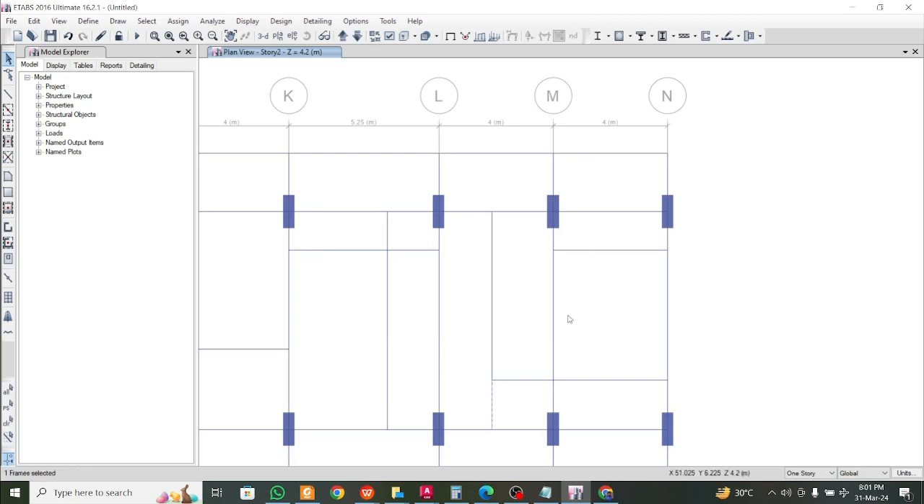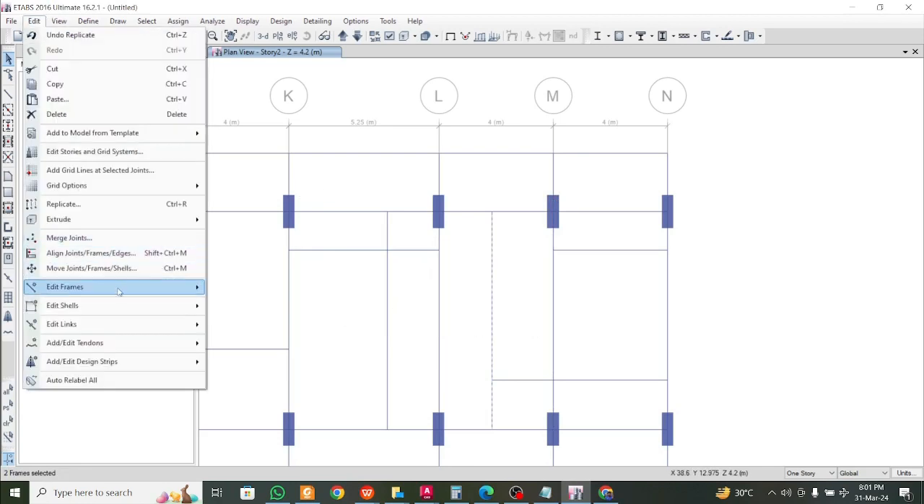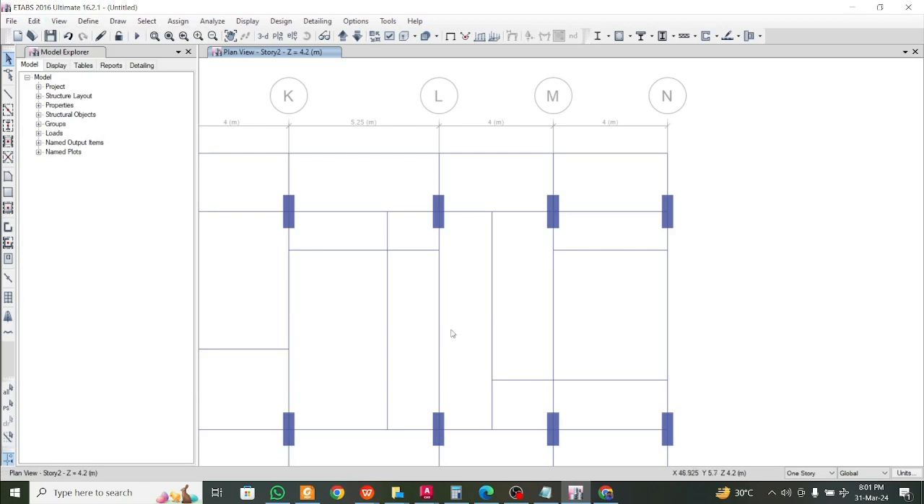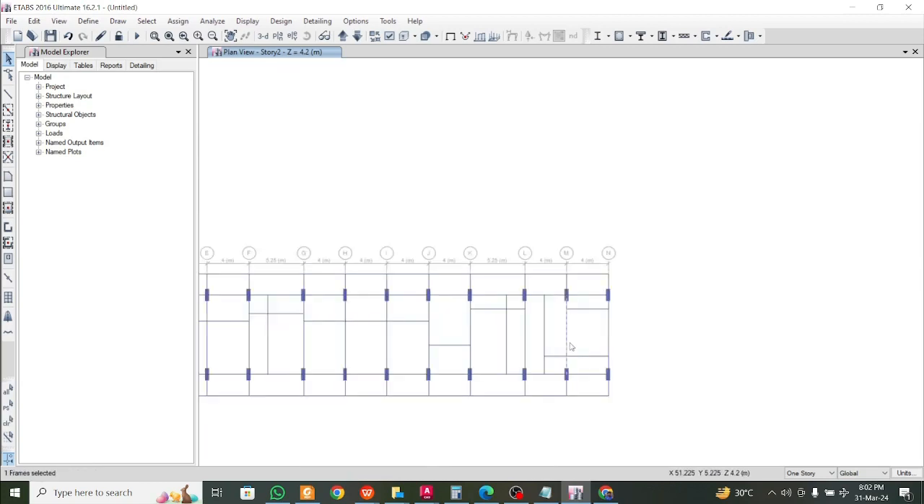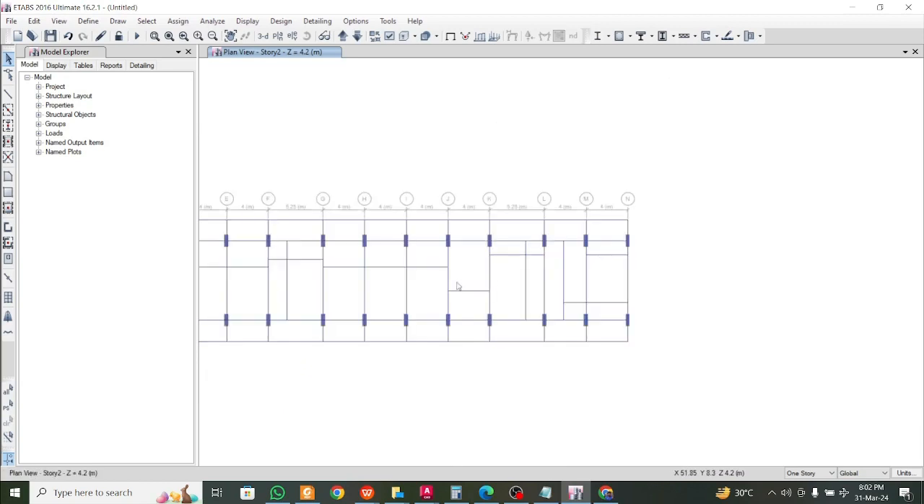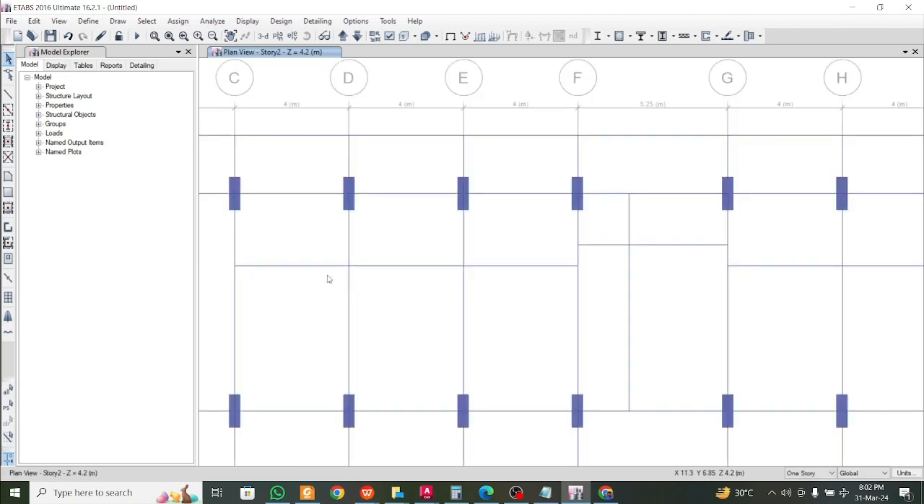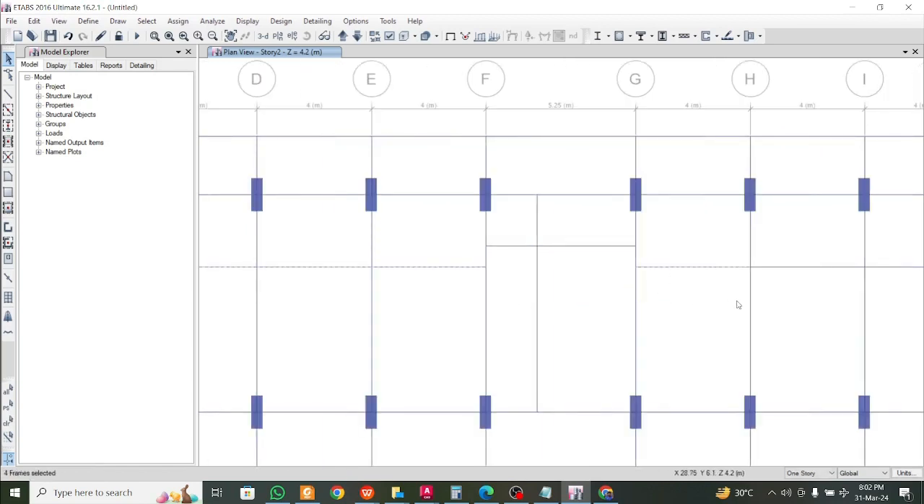And then I think we can even join this beam also, edit and edit frames and join frames like this. You can join these frames also like this. This is divided, but this is right. So this is a lot better in this aspect. So now for these secondary beams, we need to change the